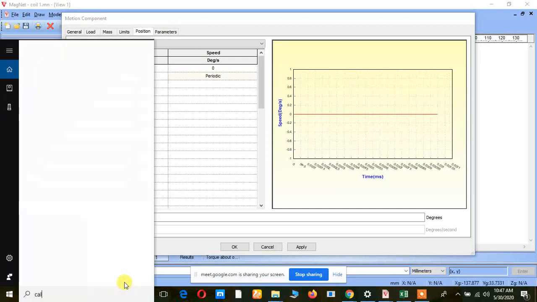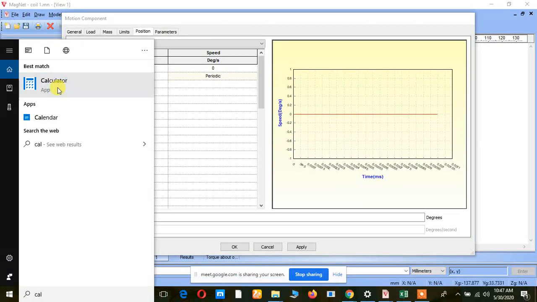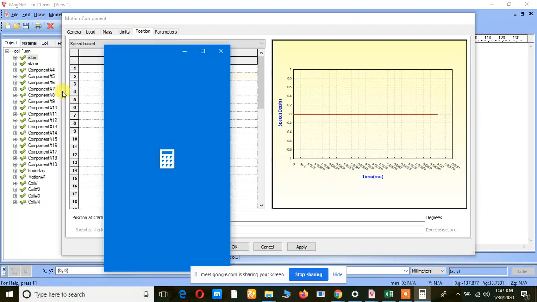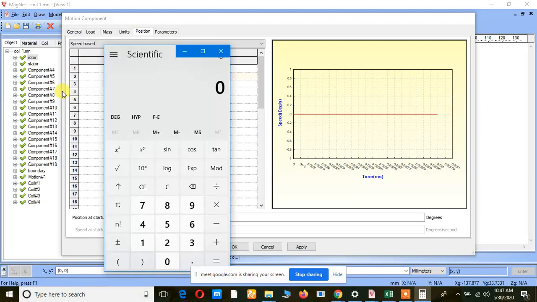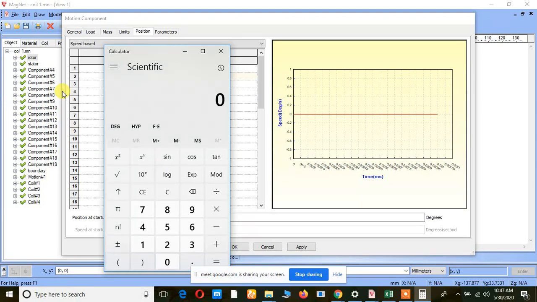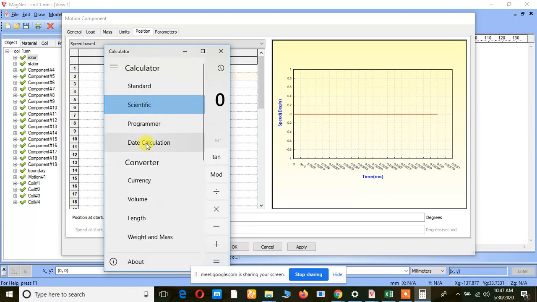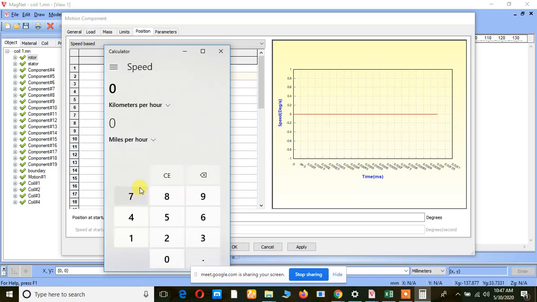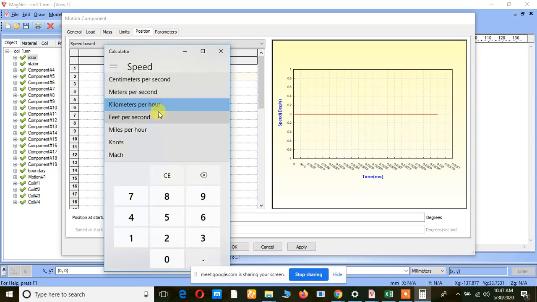So just go to the calculator and go to the conversion here. See here we have a speed value. RPM is not available, right?